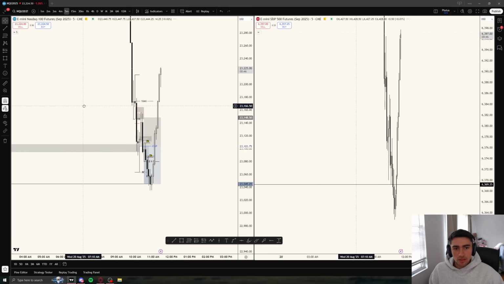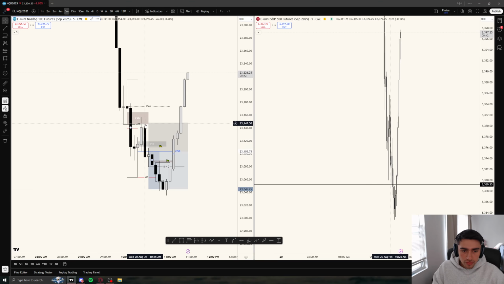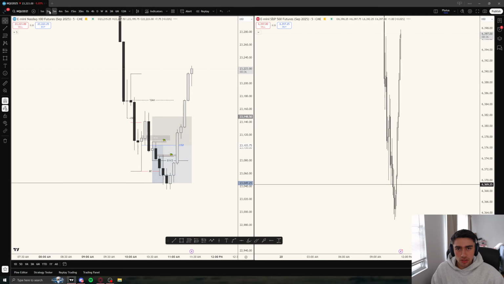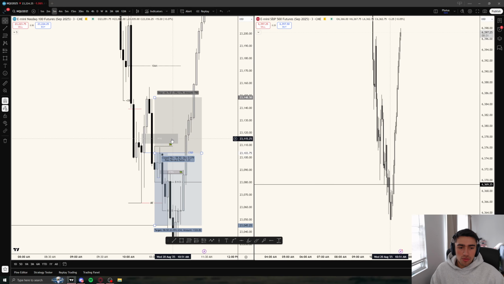And that's exactly what price ended up doing, because I saw my model. I was like, okay, I have my range here. I have equilibrium, higher time frame PD array, my order block. 10 a.m. is opening higher. I want to see a continuation. So price tapped into this key level, the 3-minute IFVG'd, and then this is where I went wrong again, I feel